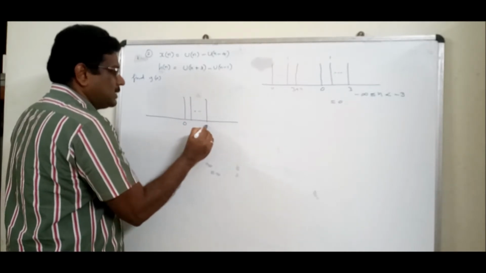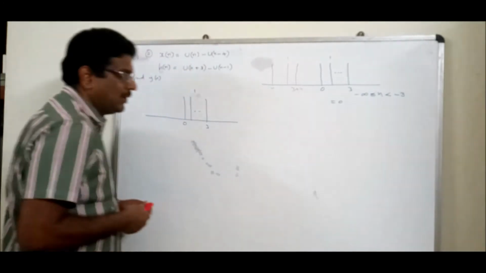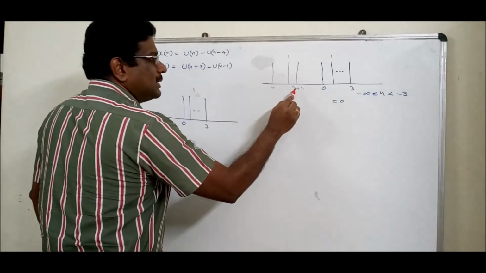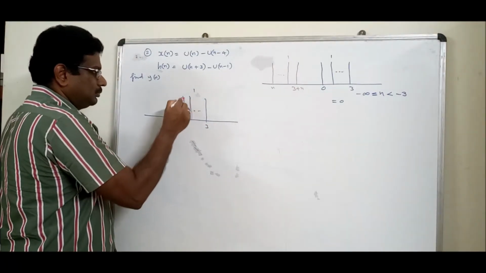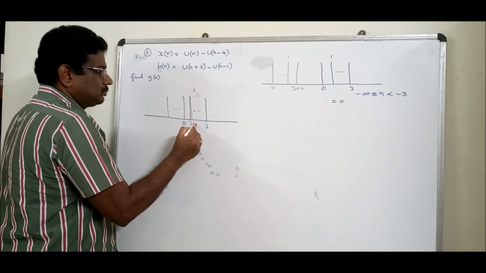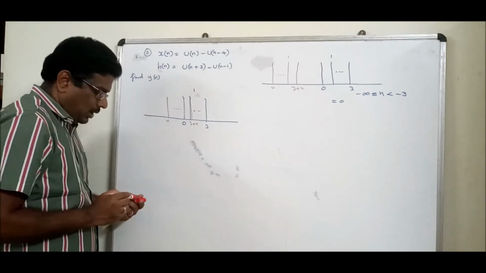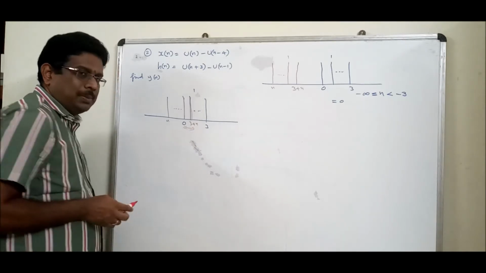Make sure that the gap is equal. That is the important piece of advice. 3 plus n will cross 0. Am I right? Now what is the common place? 0 to 3 plus n is the common place.